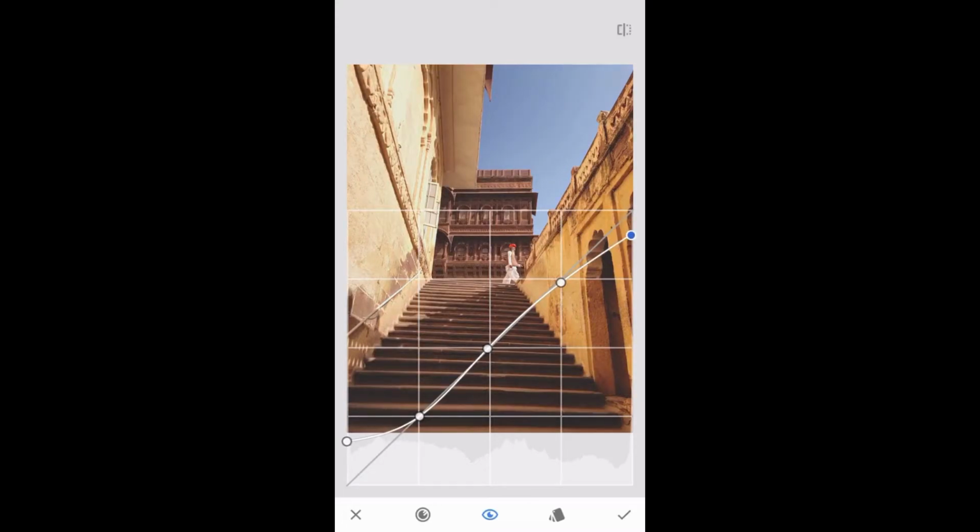So if we want to increase the value, then I have to pull the curve up, and if we want to decrease any value, I have to pull the curve down. So this applies to any anchor points as well as the RGB colors, which we will come to right now. So I'll just quickly tweak this, and I'll just get the kind of a mood that I want, and then we'll just jump to the red channel of the RGB curve.